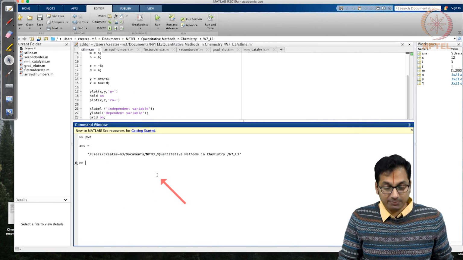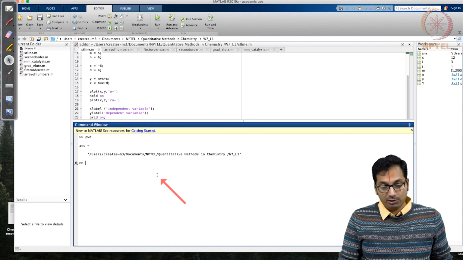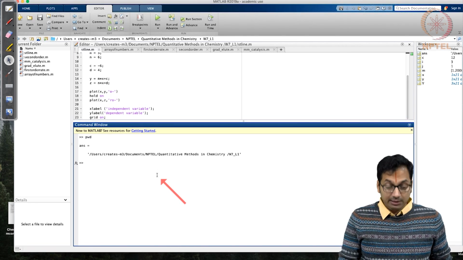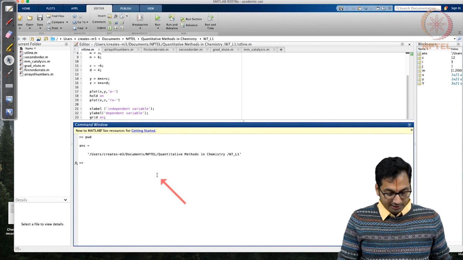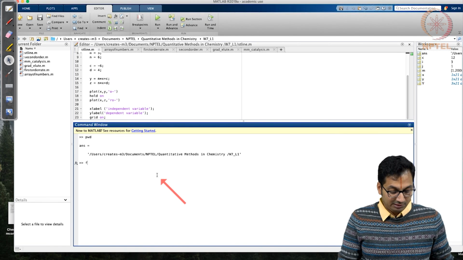For instance, we just typed the command pwd. If you want to go to a certain directory, you type cd and type the name of the directory. Here is also where you will be declaring variables. Let's take a simple variable like x. Okay, let's actually not even call it x. You can call it anything. So let's call it Fred.